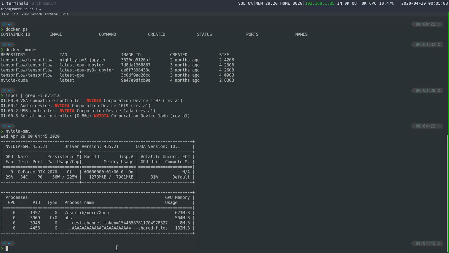So now we know that we're all set here. We can run a test and run the NVIDIA CUDA container. This is just an NVIDIA container that has CUDA installed in it. And so let's just do that. Let's do docker run --gpus all